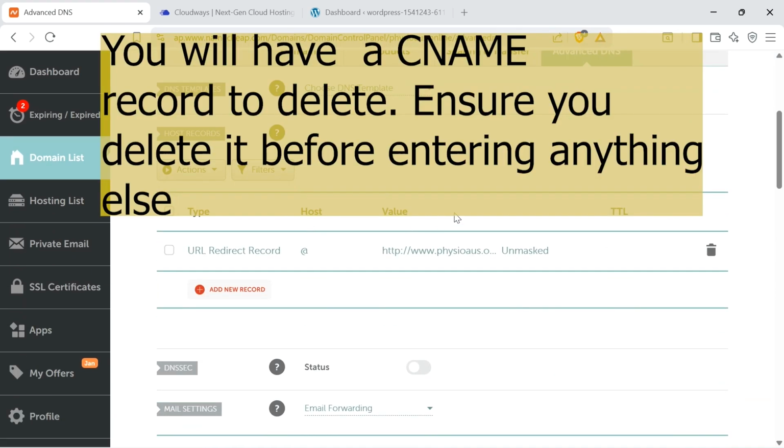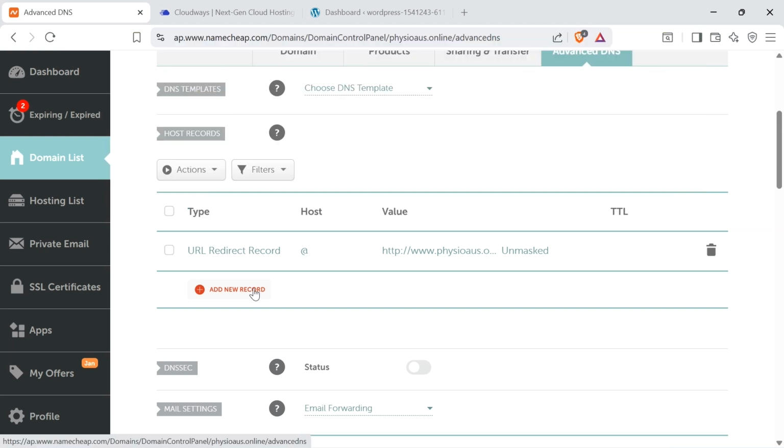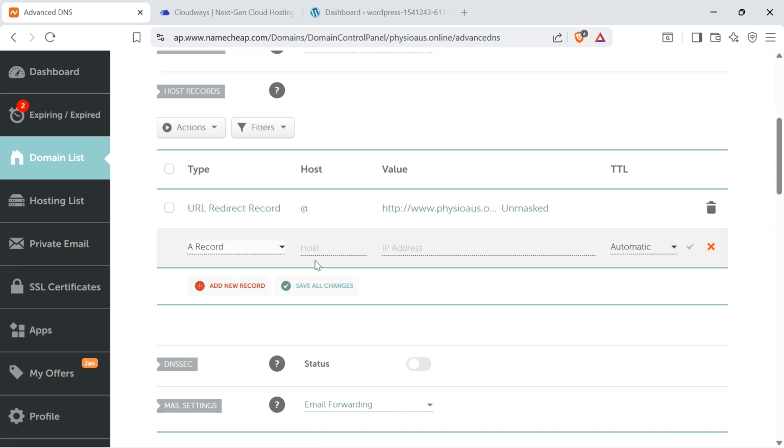Now, what you want to do is you will have had a CNAME record. Okay, so once you've deleted that CNAME record, what we need to do now is add in an A record. So we want to go through and go add A record, and you're going to do host is going to be at, and then you're going to do your Cloudways public IP address. Now you're going to be thinking to yourself, what are you going on about, Isaac? But I promise you, it's not very difficult. So we're just going to do A record at your IP address,